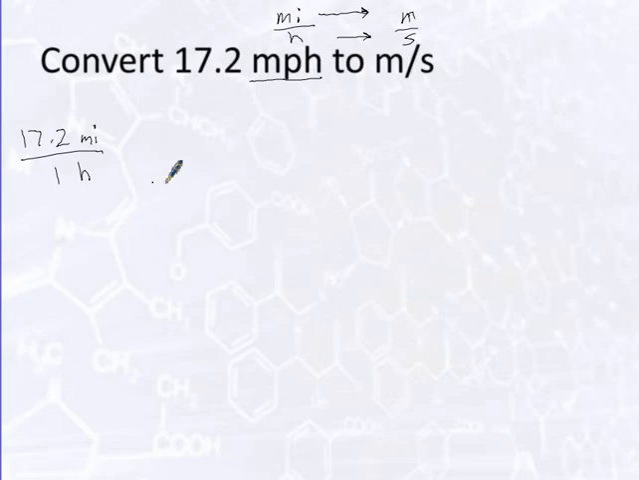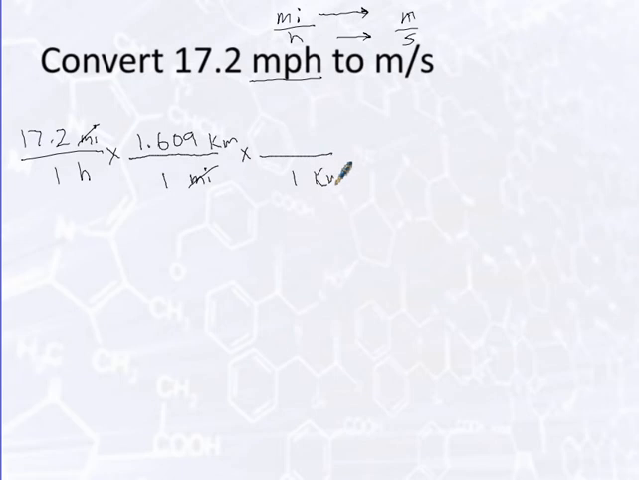Okay, so let's do that. I'm going to convert miles to meters. I'm going to put miles to kilometers first. So if miles is on top, I put miles on the bottom, and in 1 mile there's 1.609 kilometers. I just say kilometers. Now I don't want kilometers, I want meters. So I know that in 1 km